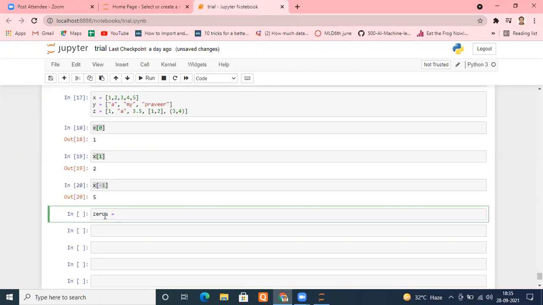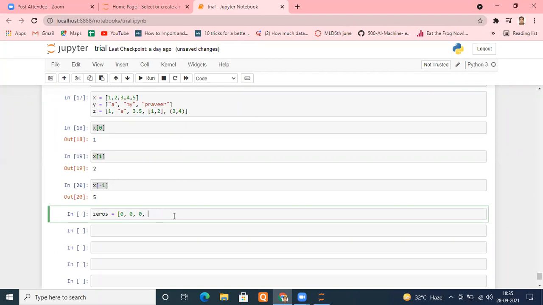How can I do that? I can make a list typing 0, 0, 0, 0, 0. This is one way to do that. But if I say, please create a list of 1 lakh zeros, how will you do that? You will get mad typing 0 one lakh times. There is a shorter way.